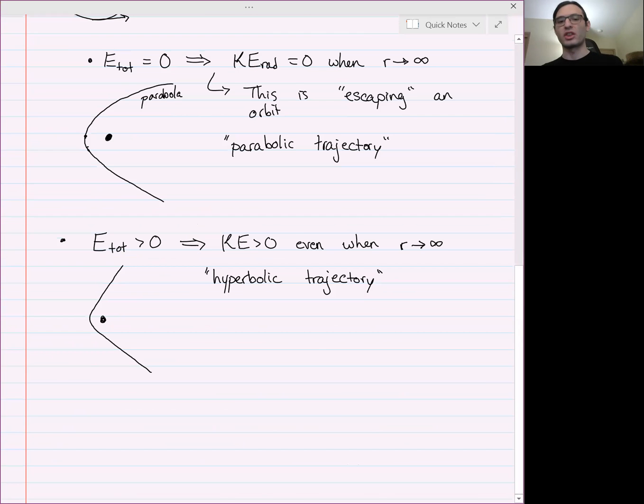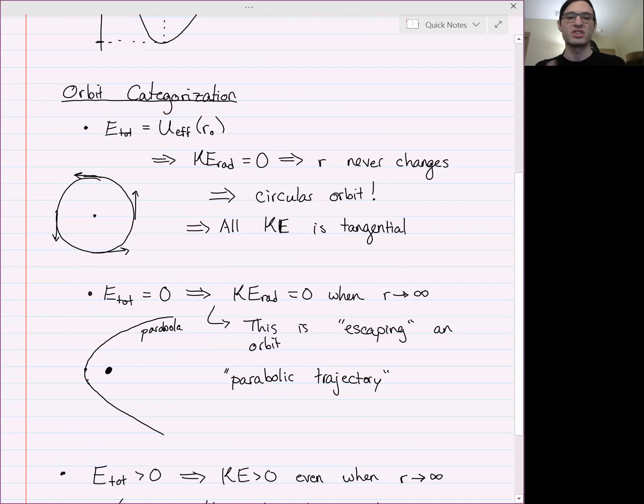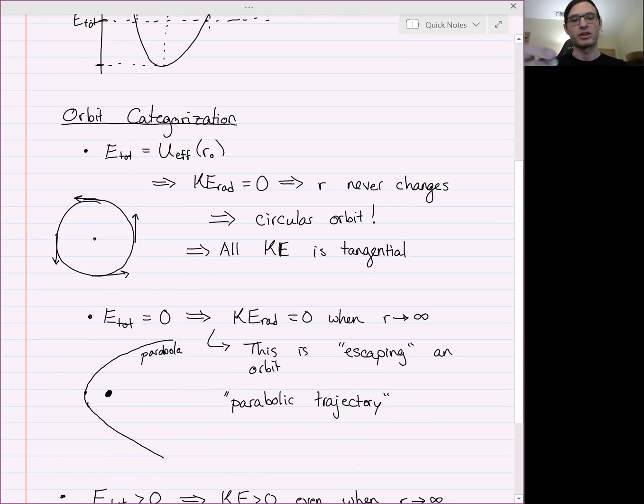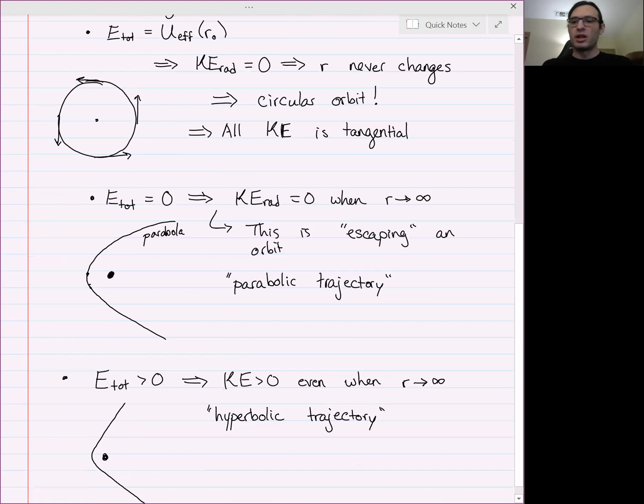Right, so I guess there are 4 categorizations because I left out the elliptical orbit, but that's just the standard one where the energy is somewhere between the minimum and 0. Like the circular orbit is just a special case of an elliptical orbit. Okay, so